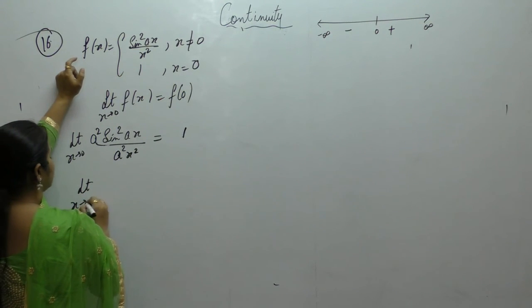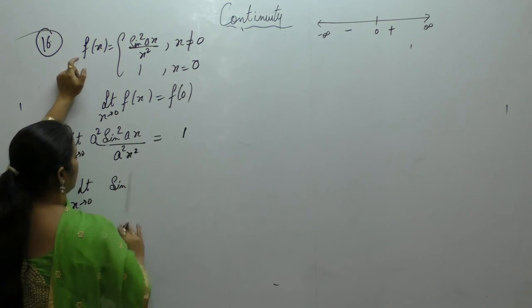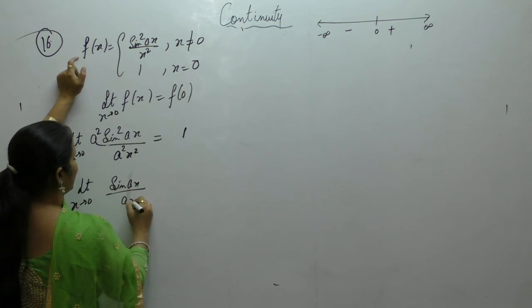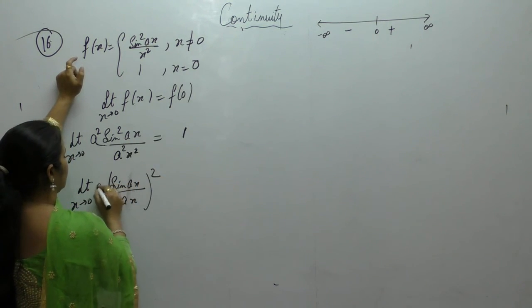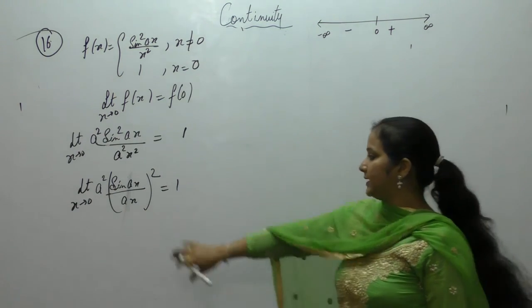So limit x tends to 0, we can write it as (sin ax upon ax) whole square, and a square is equals to 1. Limit x tends to 0, sin x upon x is